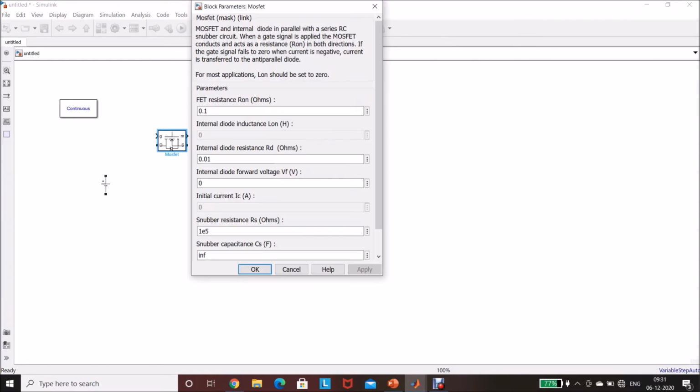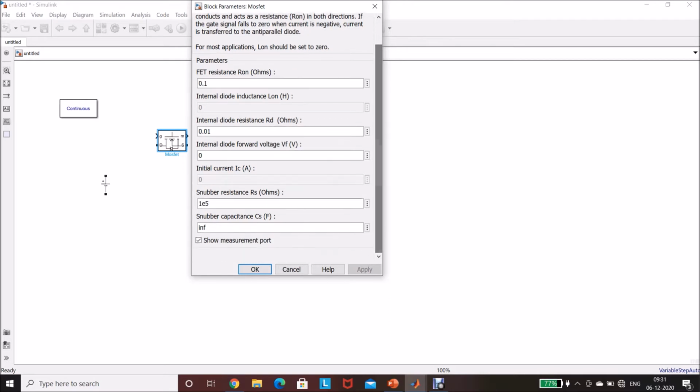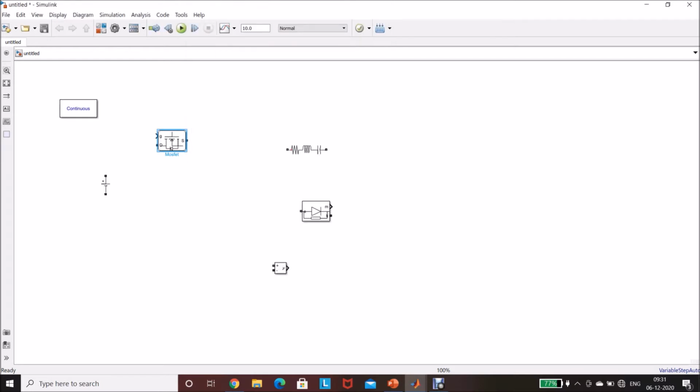So double click MOSFET, unselect this, click OK. Diode, Control R to rotate. So connect here. I am connecting as per the circuit diagram.